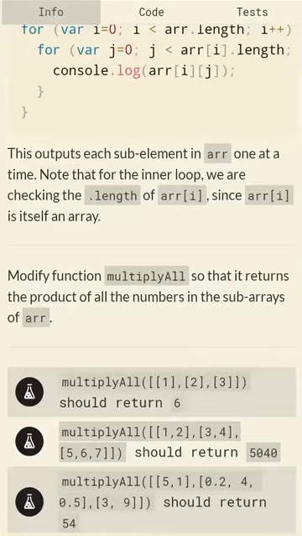So the first one from the outer one, which is 5, should first be multiplied by the outer one of the second, which is 0.2, right? So you will be getting 1, and then you multiply with the outer one of the third one, which is 3. So 5 multiplied by 0.2 is 1, multiplied by 3 is 3.